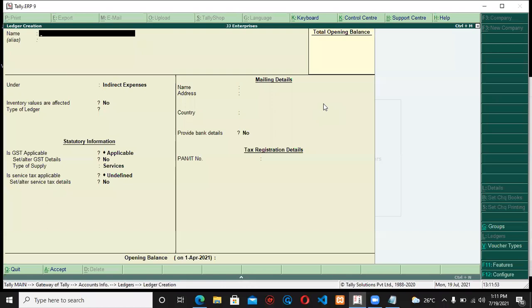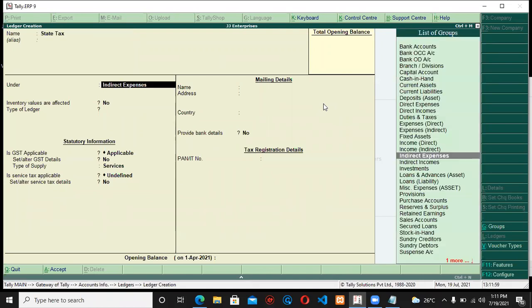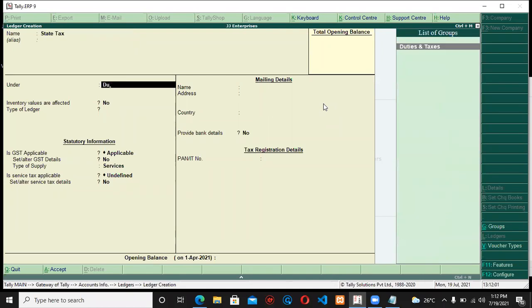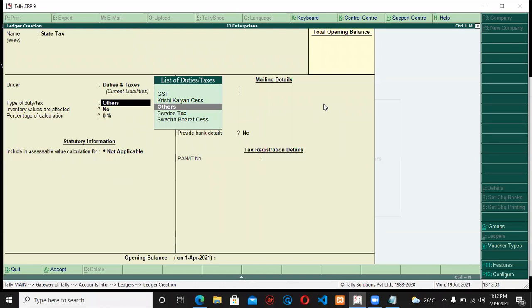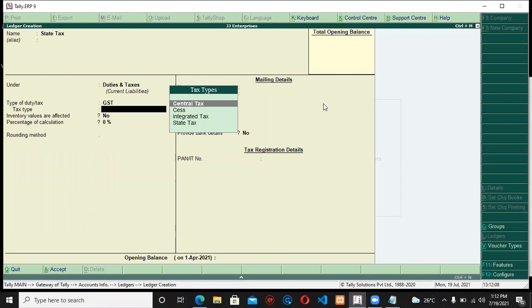Similar to this, I'm creating one more, that is the state tax ledger. In state tax, basically it comes under duties and taxes. Select duties and taxes, under GST type of duties as GST only.